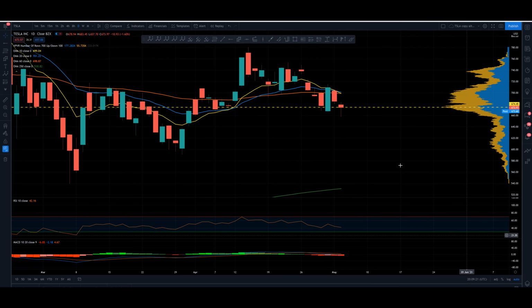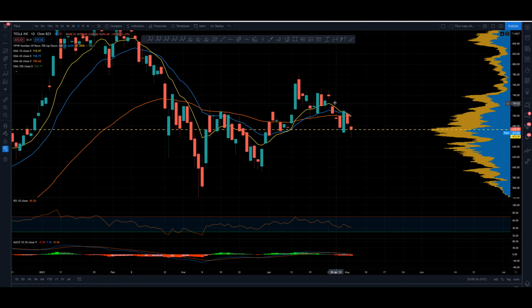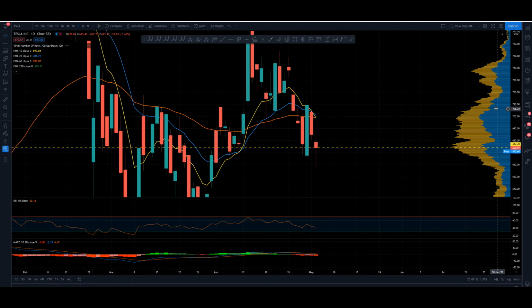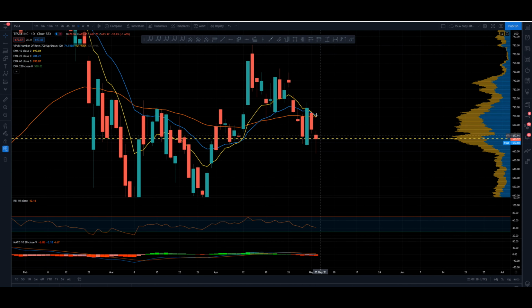On the daily time frame, things look a little more bearish. We are trading below the 10, the 20, and the 60 exponential moving average. The 10, as I speak, closed crossing through the 60 today. So if we get the 10 and the 20 through the 60 exponential moving average tomorrow, with a price close below it and the flush down to support